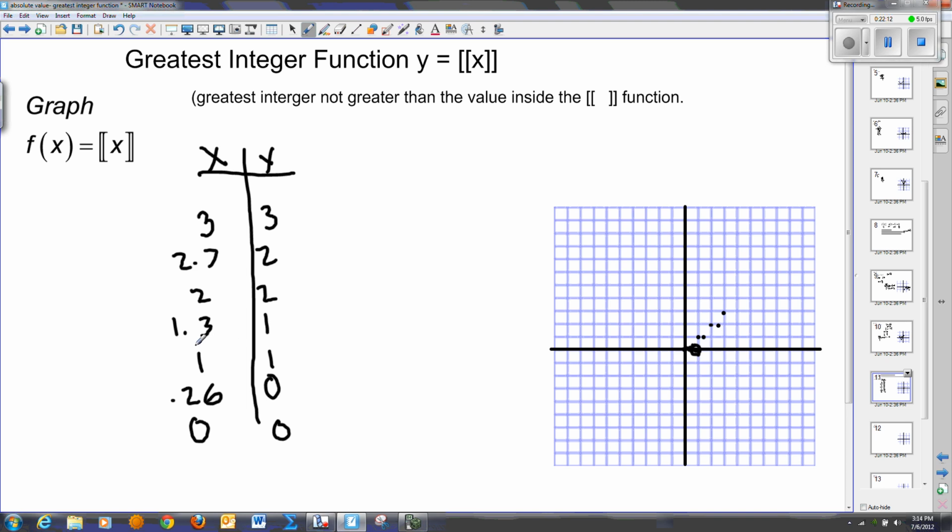Any decimal value between 1 and 2, 1.9, 1.8, 1.7, is going to have a greatest integer not greater than the value of the number inside of the function. It's going to have a value of 1. So I keep going once again until I get to 2. And it connects. And I keep going again from 2 to 3 until I get to 3, and I jump again. So you'll notice, and if I blow this up a little bit,